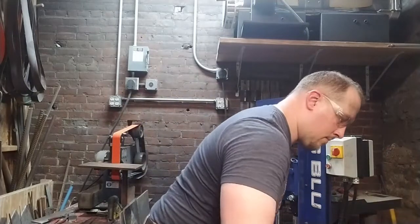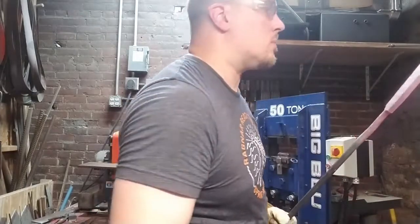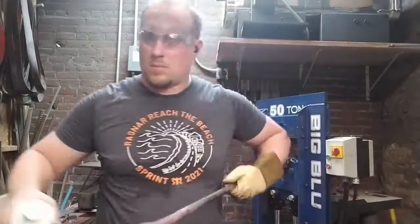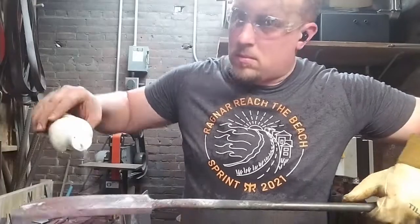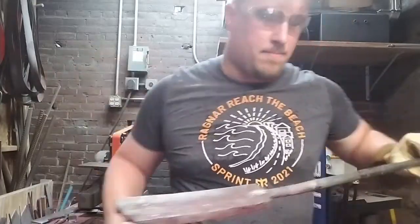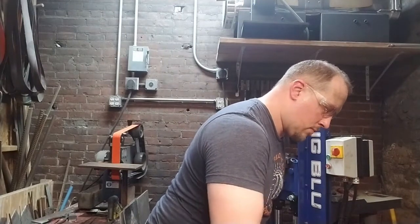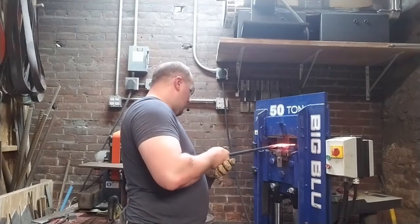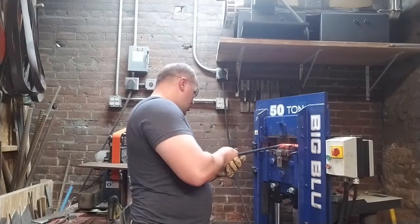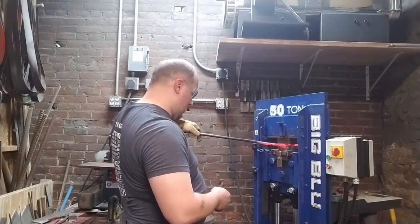A fullering die is exactly what you need to draw out the length of your piece. But the fullering die you may have seen in previous videos is much more aggressive, and right now we're working perpendicular to the plane of the weld. As I've mentioned in previous videos, that's the most stressful thing that you can do on your welds. So you want to make sure that your process is gentle,